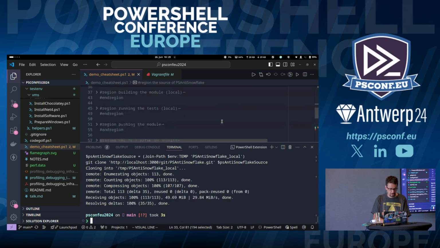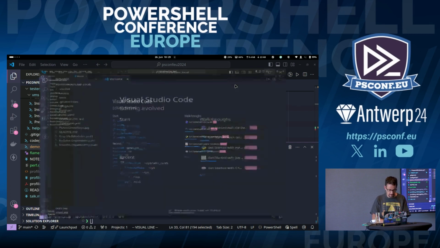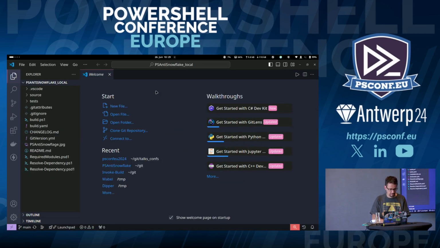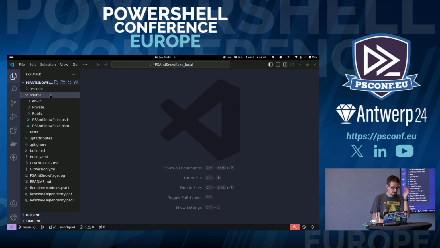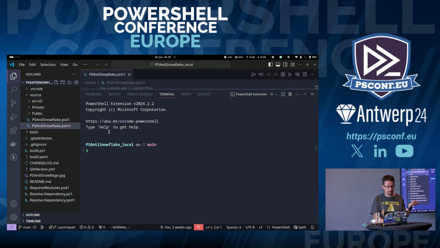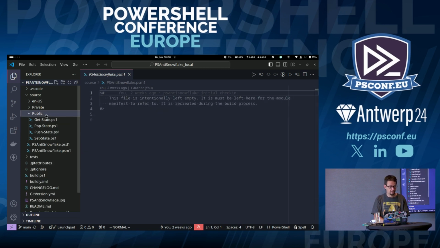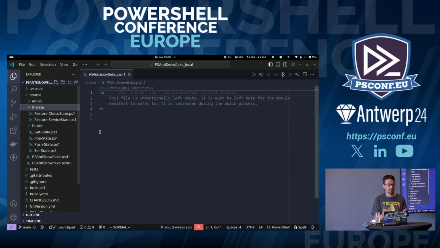And we're going to have a quick look at it. Okay, this is probably too small for the demo. So if you've been following along Gail's session, Sampler allows you to create this basic module structure where you've got a PSD1, a PSM1, and the PSM1 is empty because all of the elements from the public and the private bits then get joined together into this module at build time, which gives you a bunch of benefits such as